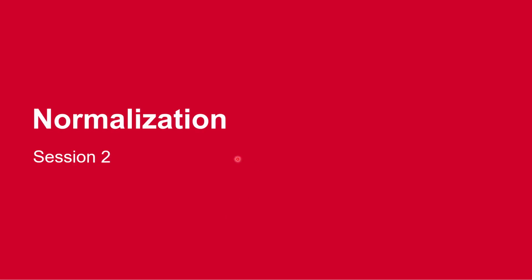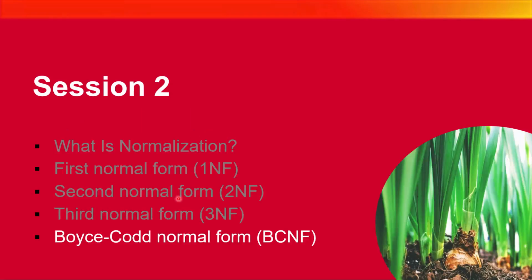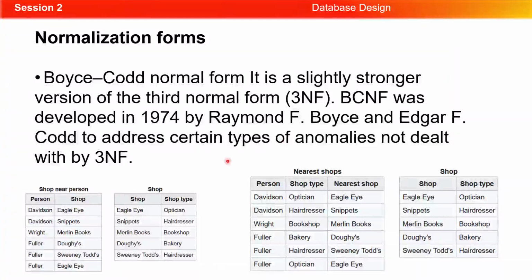We are still in session 2, normalization, and in this video we are going to discuss Boyce-Codd normal form. So Boyce-Codd normal form is a special type of third normal form that is slightly stronger than third normal form. Boyce-Codd normal form was developed by Raymond Boyce and Codd to address certain types of anomalies that are still present